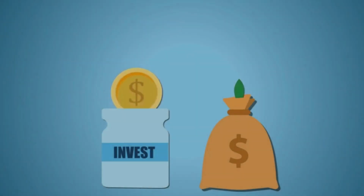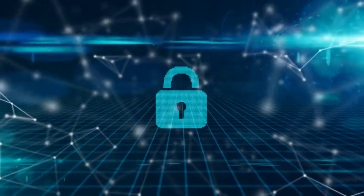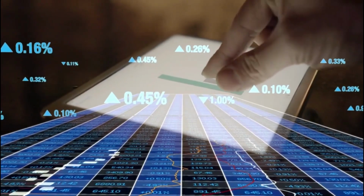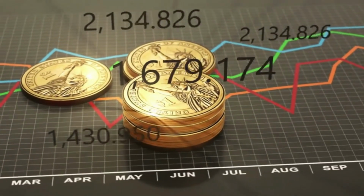Step 3. Build an emergency fund. Before you start investing, it's important to have an emergency fund. This fund should cover at least 3 to 6 months' worth of living expenses. It acts as a safety net, ensuring that unexpected expenses or income disruptions won't force you to liquidate your investments prematurely. Having an emergency fund provides financial security and peace of mind, allowing you to stay focused on your long-term